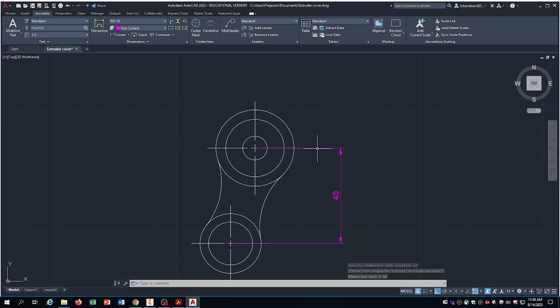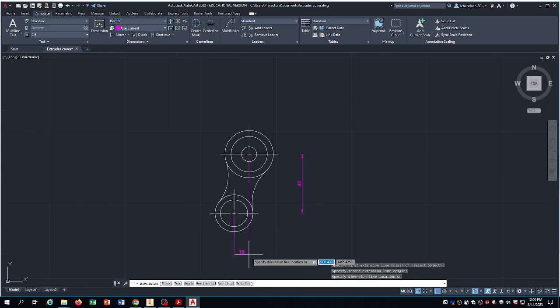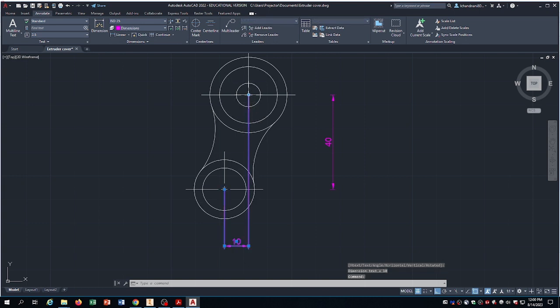Now I just want to make it look a little neater, so I'm going to click that just so everything is nice and clean, and you can do that again. So pick Linear, and you want to pick this point and this point, and that's your 10 millimeters. Again, if you want, you can just do that. Just clean up the drawing a little, and now let's go ahead and use this radius and radius 30,